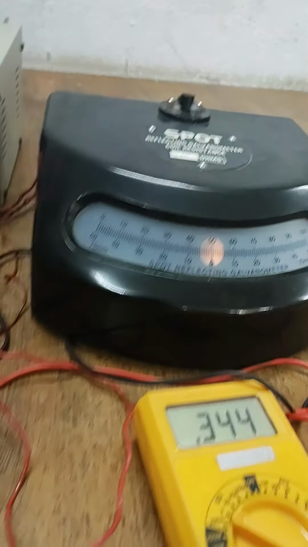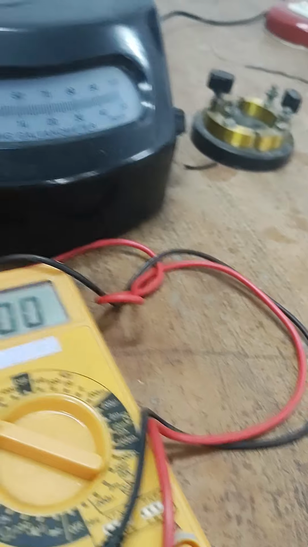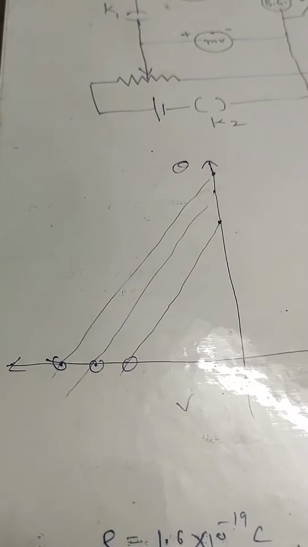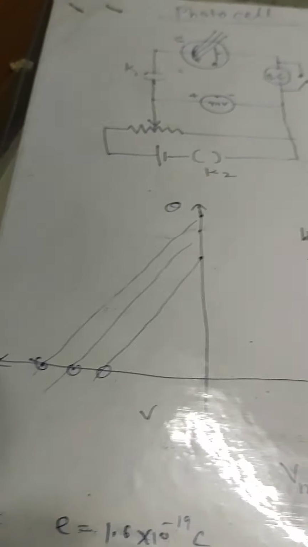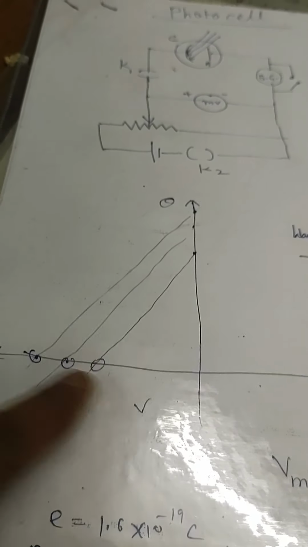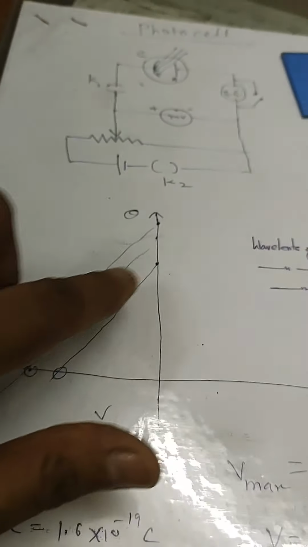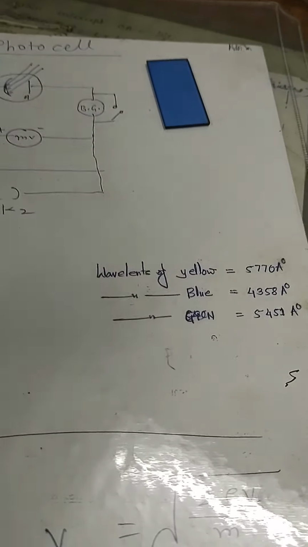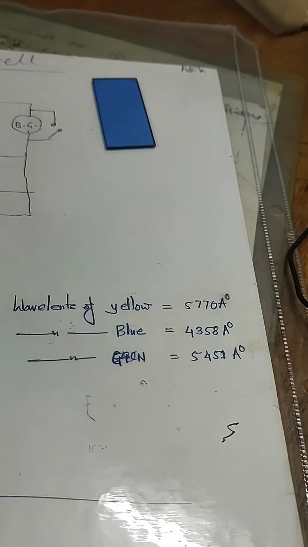In steps of 0.1, 0.2, 0.3 you will record the voltages, and with the help of these voltages and this photocurrent you will draw a graph, and that graph will be shown over here, which is in the second quadrant, which means the value of potential is negative. Cathode has been given negative potential over here, and so the value is negative 0.1, 0.2, 0.3 like this, and you will get theta over here for two different wavelengths, for example blue and green, and the wavelengths of blue and green light are also given over here.